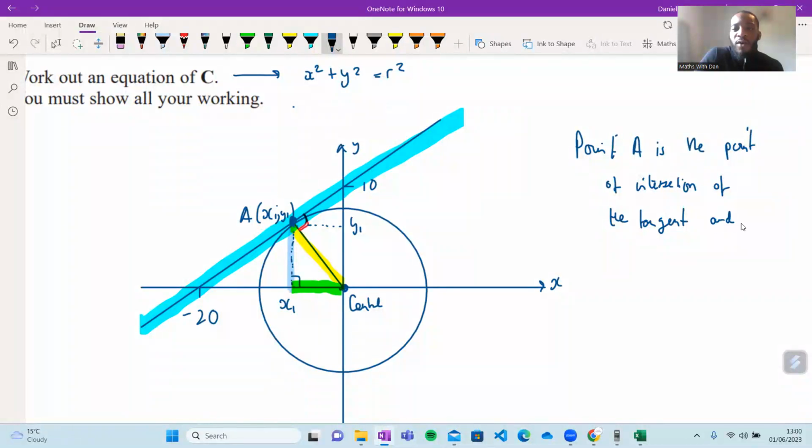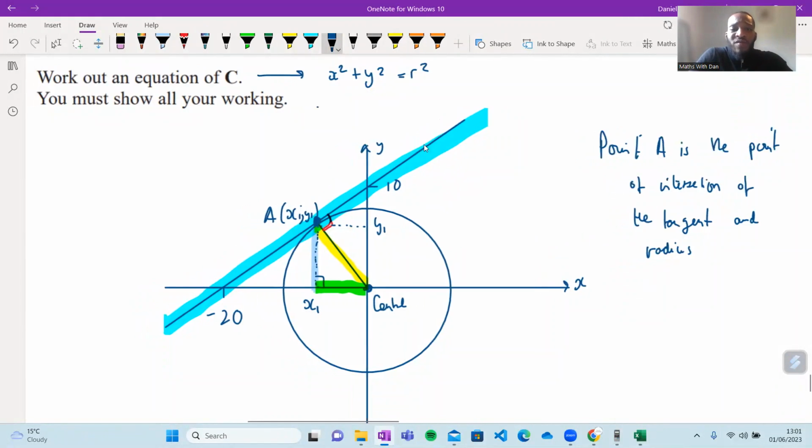Now remember, with a graph and lines, every single line that you see on a graph has an equation. Doesn't matter if it's a radius, doesn't matter if it's a tangent. If I could figure out the equation of both of these lines, intersect them, I could figure out the coordinates